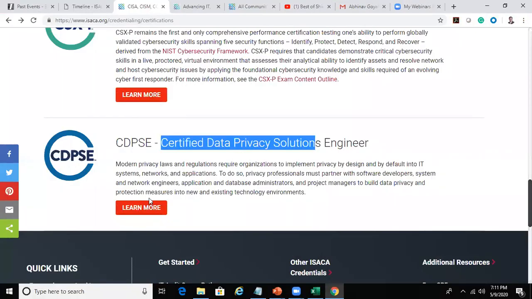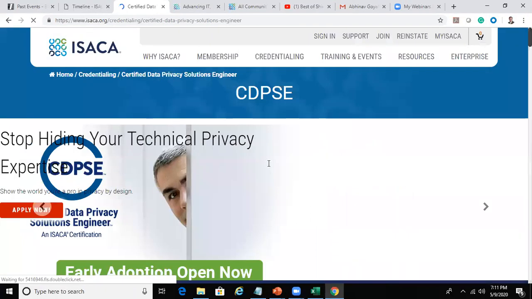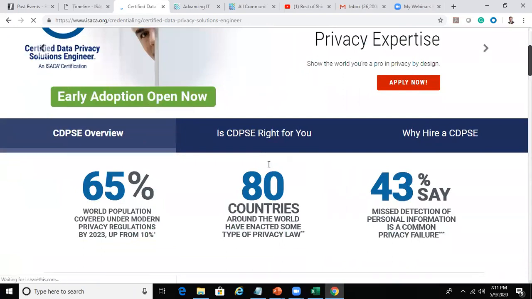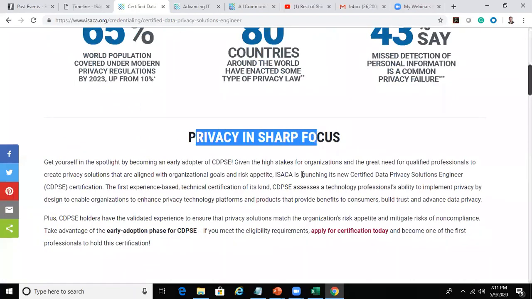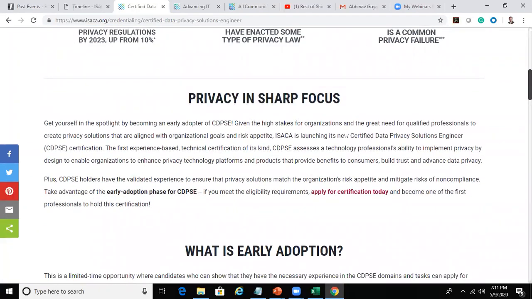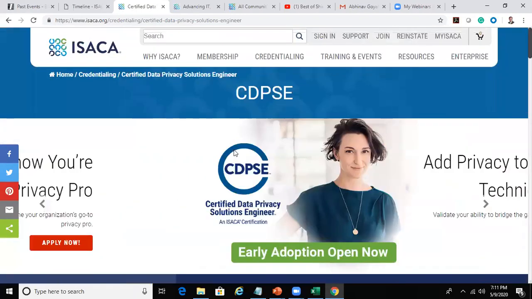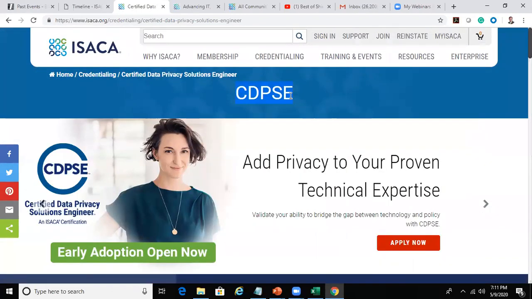Now let's go back. Please understand, it is not rocket science. Everything I put in the slide is coming from this page only. Oh, this is wonderful. Early adoption is open now. Privacy in short focus. Whatever is spoken just now, you are already working in the domain. I call people who have this question of why one more privacy certification,